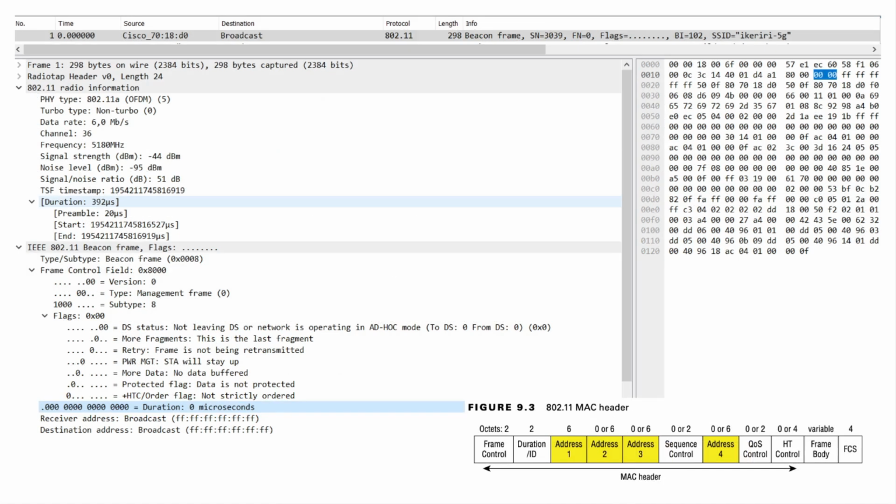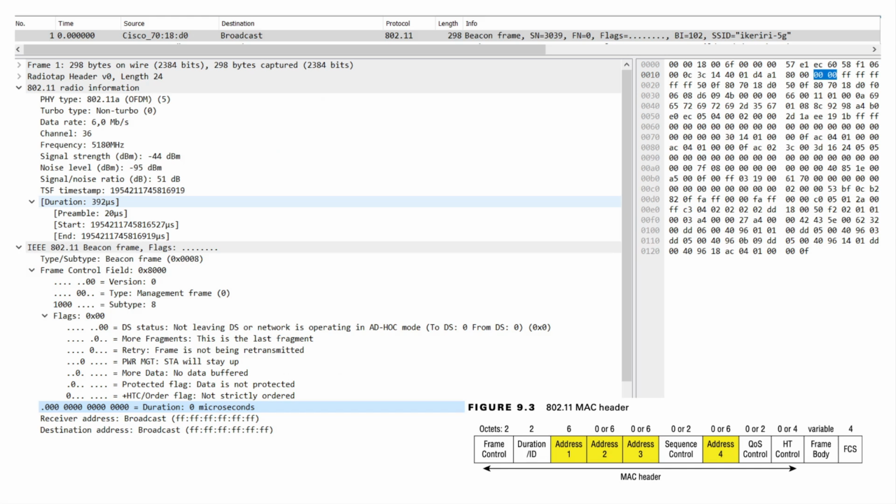Look, here is a demo frame dump from the Wireshark website. Here we chose a beacon frame and we see two words duration in it. The top one equals 392 microseconds. It is the header that the receiver device added. We ignore it, don't get confused. The duration we are talking about is below, in the IEEE 802.11 beacon frame header, that's the MAC header. And the duration here is 0, because the beacon frame is a broadcast,